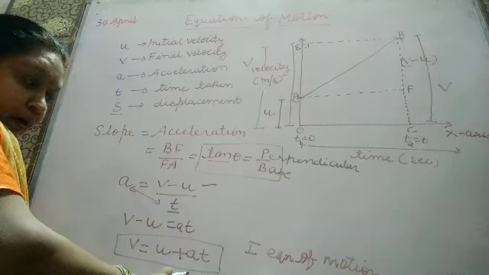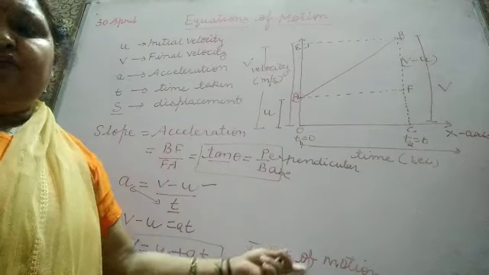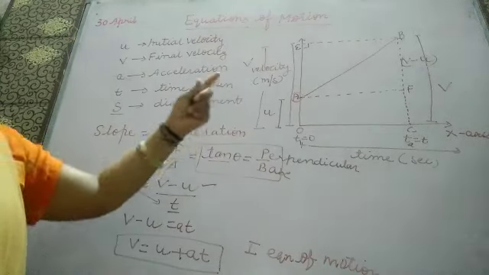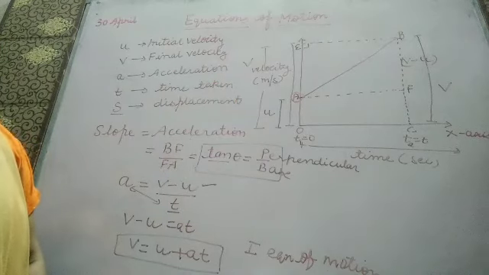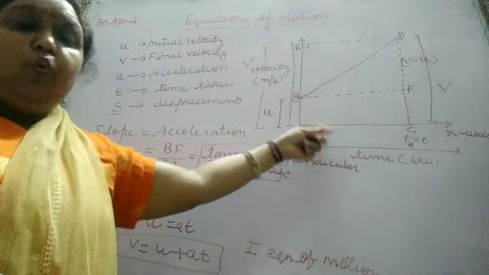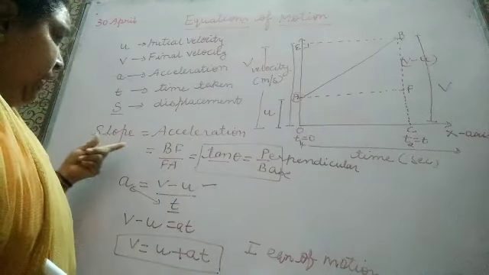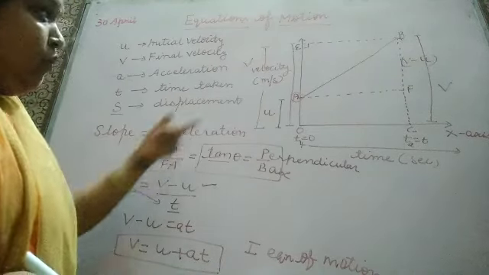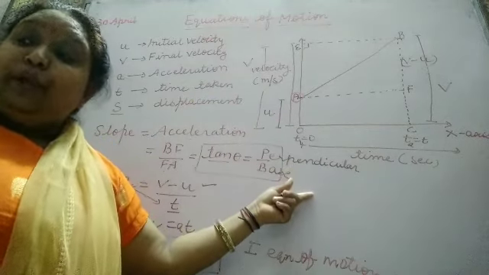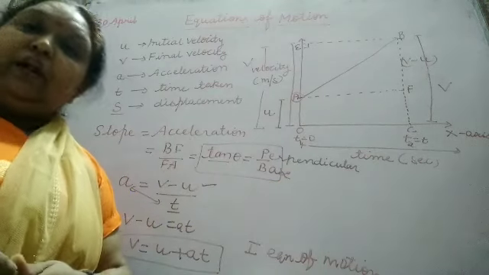Is it understood by you? And this is the first equation of motion. And it will give the velocity time relation also. Okay. So I think this velocity time graph is clear to you, and all the terms related to it are very easy. You can easily make the slope and find whatever is given in the graph. And students, the same graph we are going to use in our second equation also and in the third equation also.